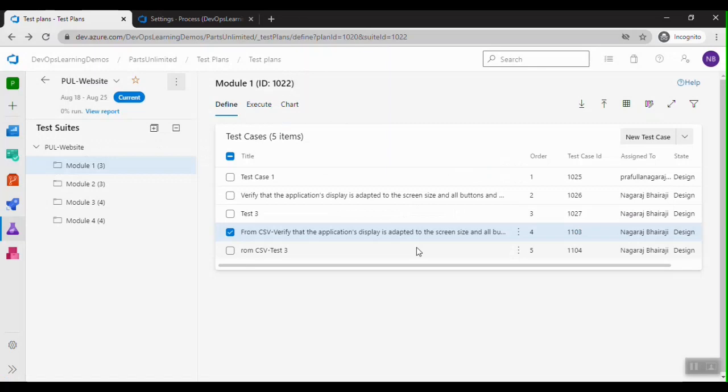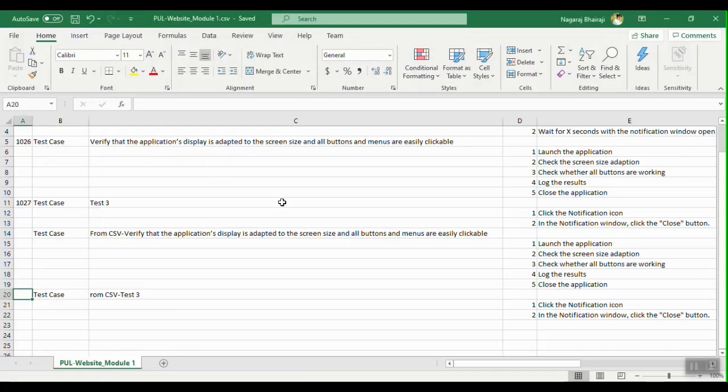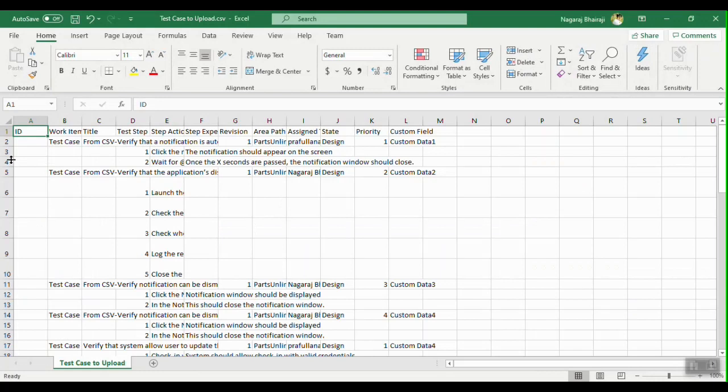Let us now import with more test cases and more data, and also we can see how parameters can be used in the steps, and whether we can even import the test cases with custom field values. For that, let me choose the other file, test case to upload.